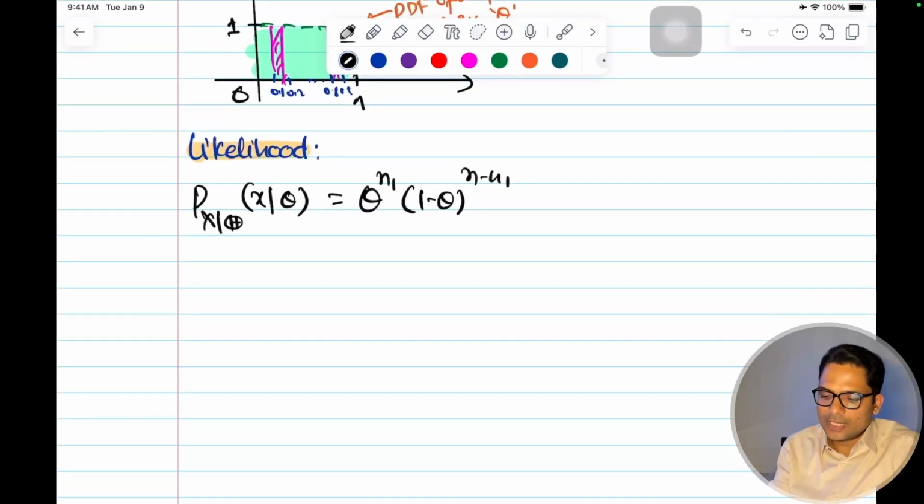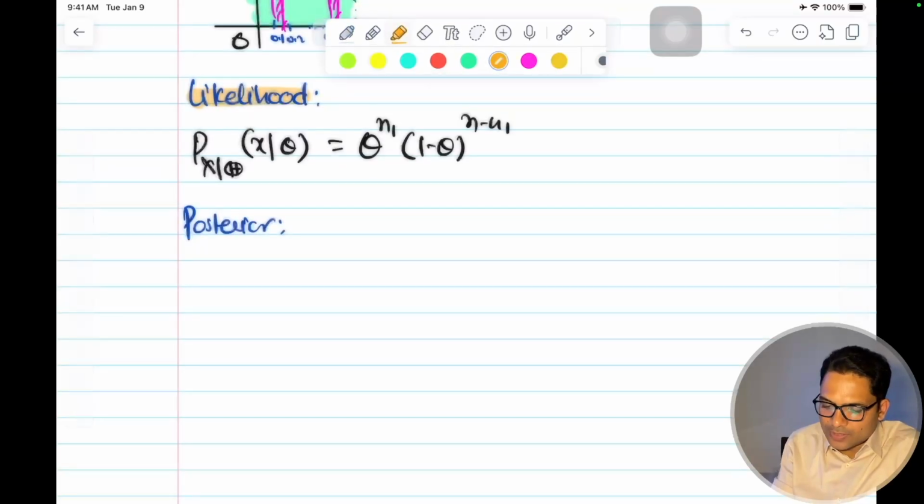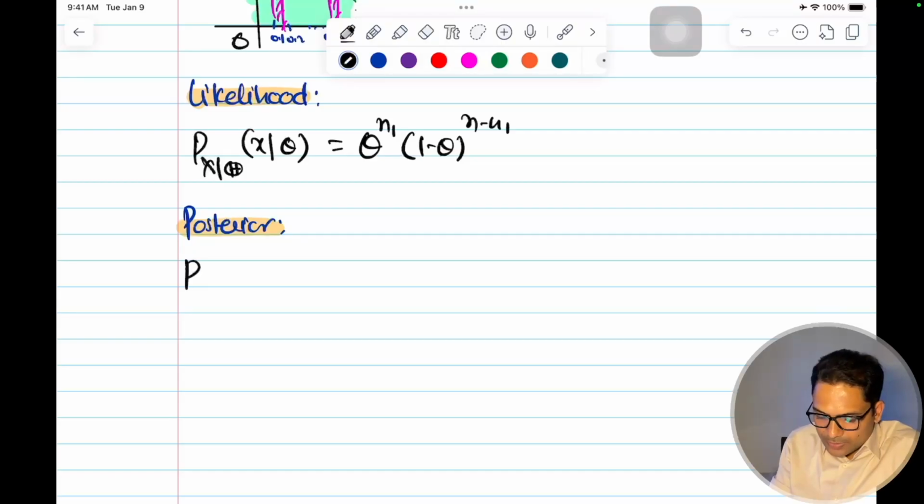This is the likelihood of seeing the data x given the parameter of the model theta. We have seen this already. And then my posterior, after seeing the data, the probability of theta given x is equal to